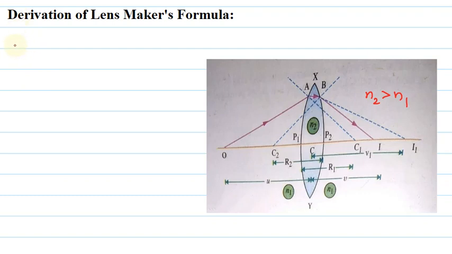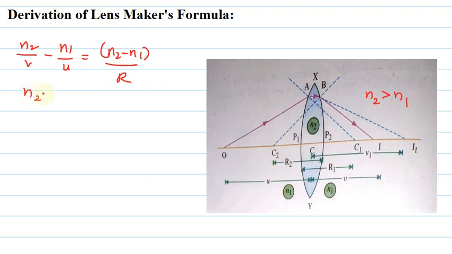We know the relation N2/V minus N1/U is equal to (N2 minus N1)/R. Here N2 and N1 are the refractive indices of the material of the lens and surrounding medium. V is the image distance, U is the object distance, and R is the radius of curvature of the spherical refracting surface. Now from this diagram, we can write